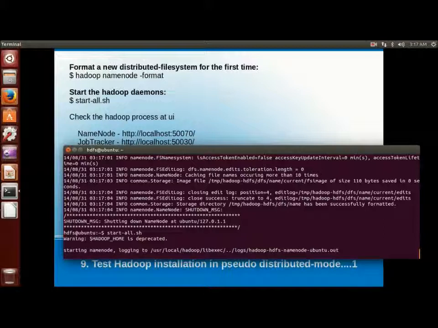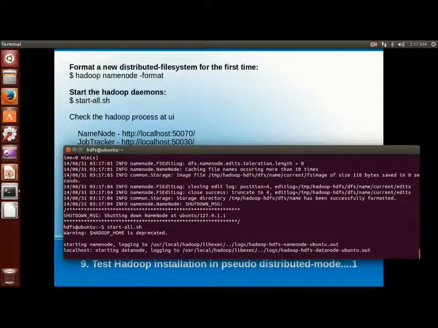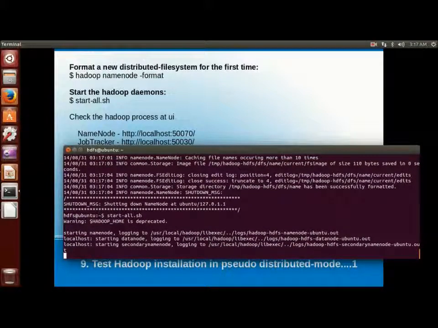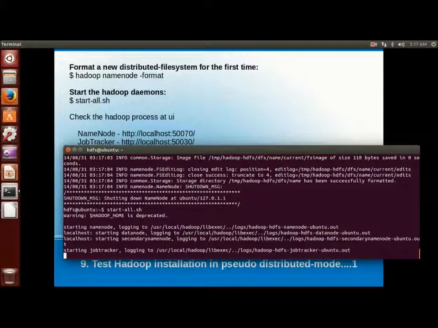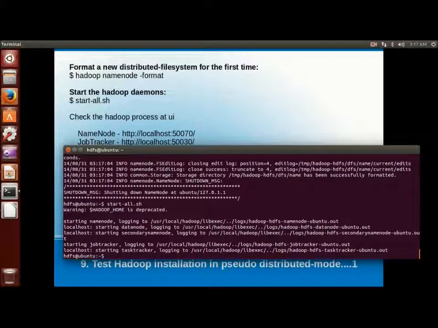And to start all the processes, start-all.sh, which is in the Hadoop bin directory, in our case /user/local/hadoop/bin. Because we have updated the bashrc file, start-all is available from any location for the user.